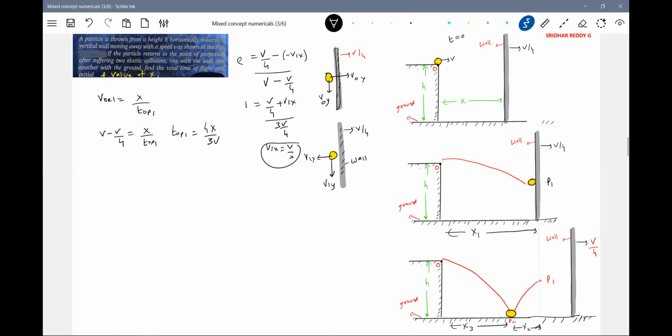Now, what is T_OP1? I think it's understood, no? Time taken to move from O to P1. Now, similarly,